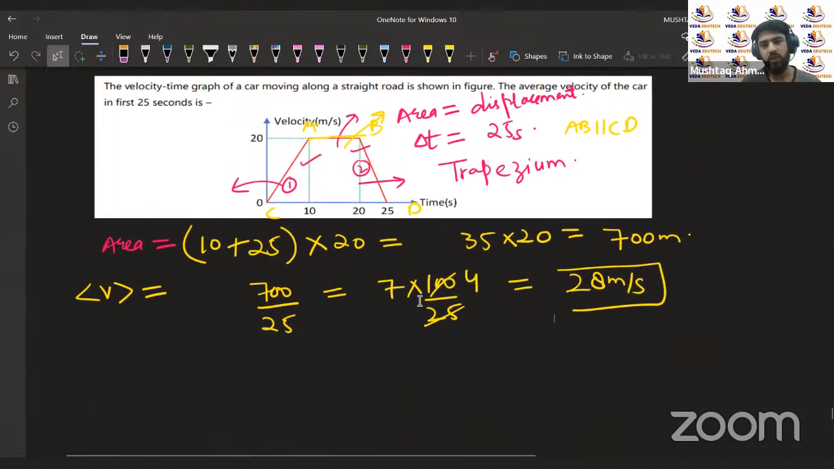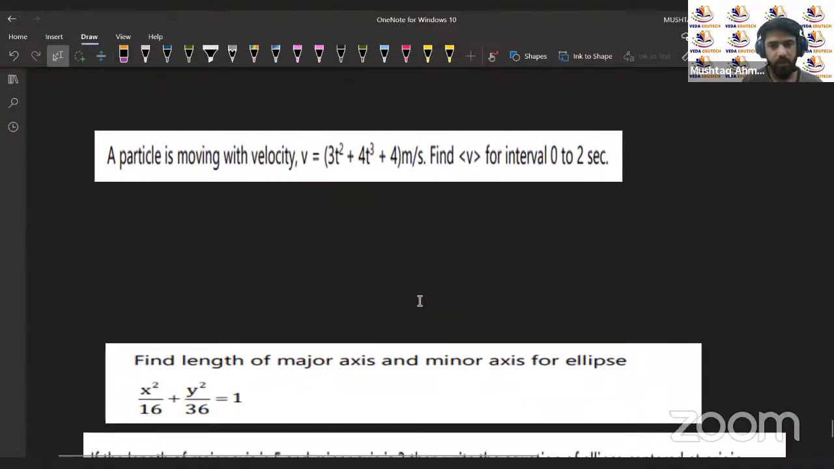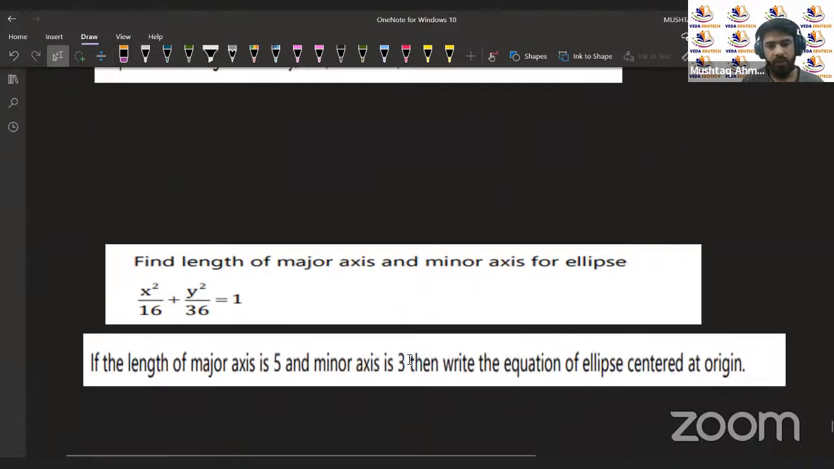Now let's suppose that we have not been given a velocity-time graph. We are given the velocity as a function of time or acceleration as a function of time, then how do we calculate the average velocity or average acceleration through the concept of integration? Let's suppose that